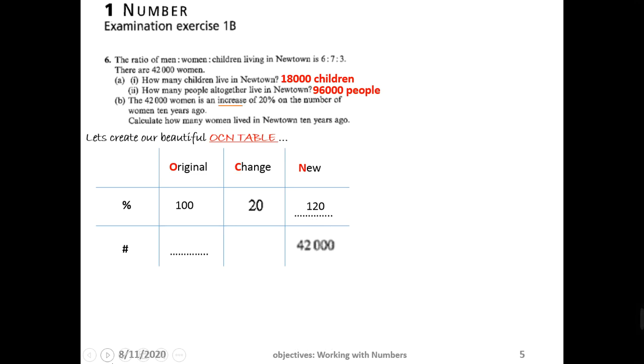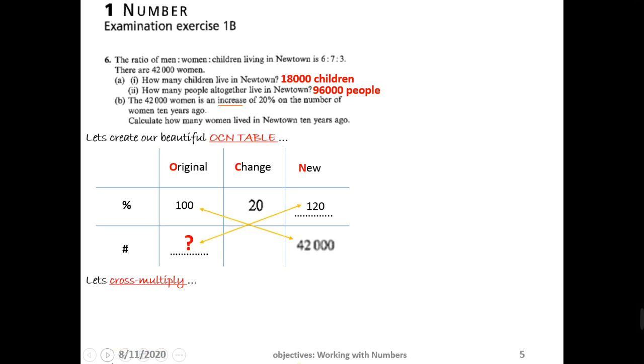Now, what is missing here is the original number of women. Like I said, once we organize the given numbers in our OCN table, we choose two columns, the first and the last. Why the first and the last? Because there is only one unknown in the first and the last. The 100 is known, the question mark is unknown, the 120 and the 42,000 are known, so we can immediately